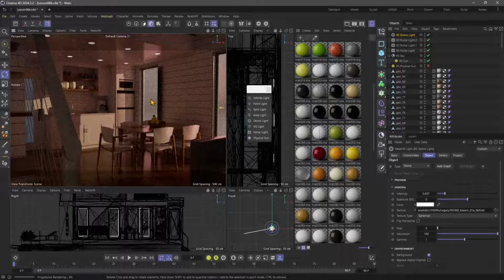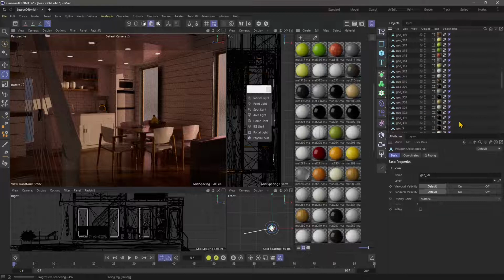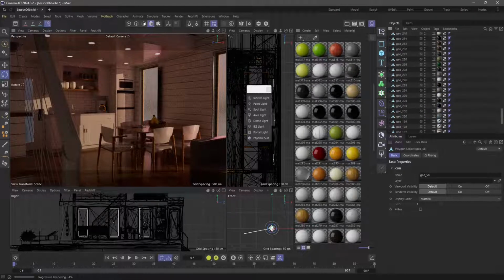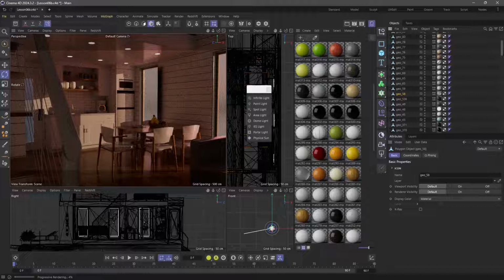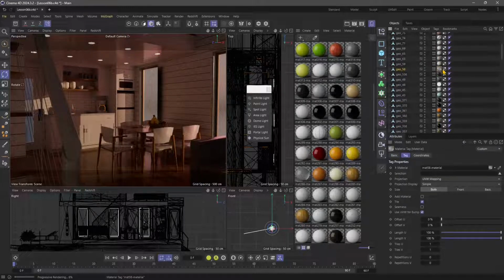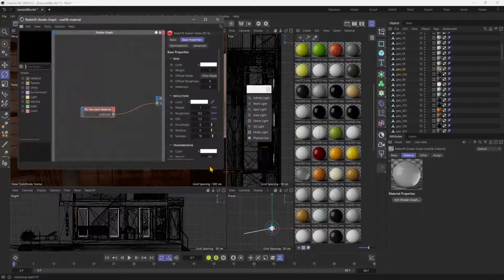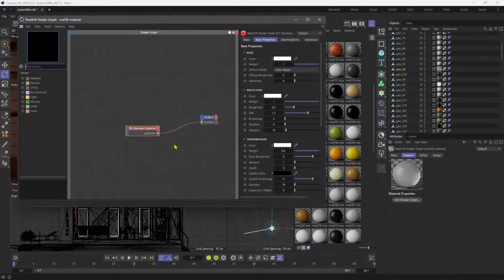So if I select the object, I can look for the object in the object panel, and I can look for the material in the material panel. Or I can access the material just by double clicking and selecting the material from there on the object panel. And you can see that this one here specifically is using the graph editor, the Redshift shader graph, which is something a little bit complex for those of you who never used a system like